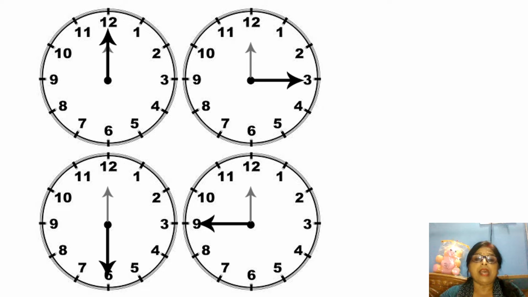Here the hour hand is between 11 and 12, and the time is 11:45, or in other words you can say that it is 15 minutes to 12. It means after 15 minutes the minute hand will be at 12, and the time will be 12 o'clock. In this picture the minute hand is at 9 and 15 minutes remain until 12. So the time is 15 minutes to 12.